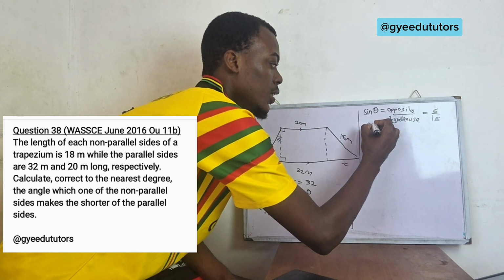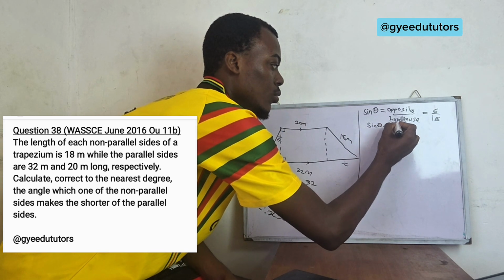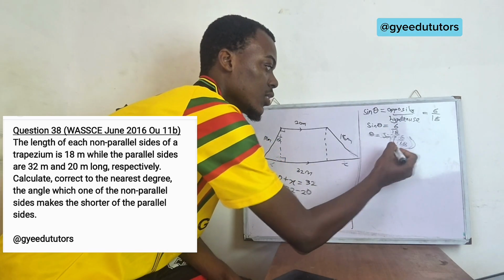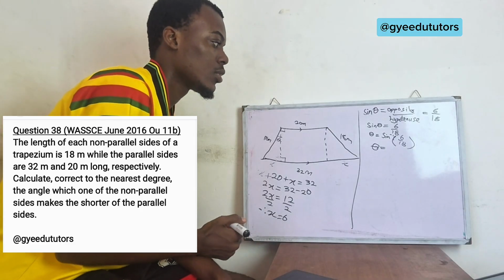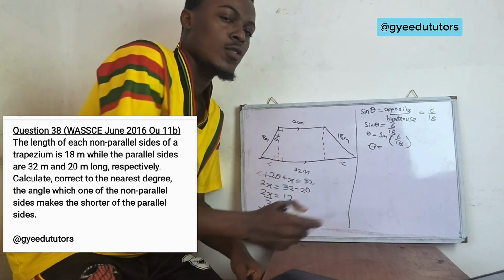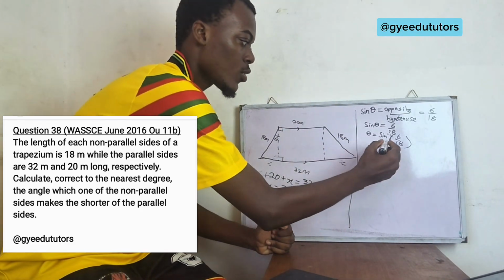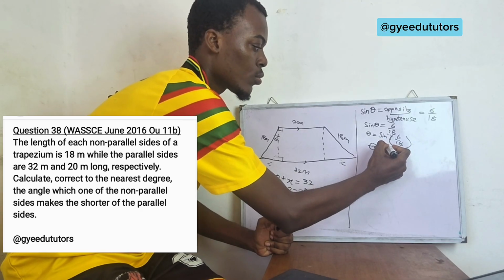So sine theta equals 6 over 18. After you punch the sine inverse of 6 over 18 in the calculator, you get theta equal to